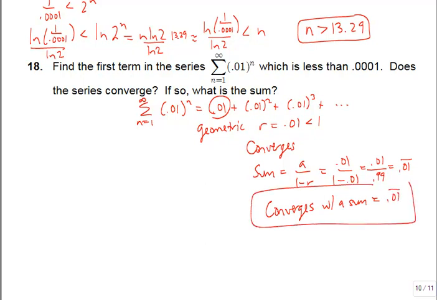Now let's find our first term in the series that's less than 0.0001. So all you have to do is take that generic a sub n, which is our 0.01 to the n, and we want to find when is that going to be less than 0.0001. You can get fancy, you can take an ln of both sides, bring your power down, divide by your coefficient and solve for n, or you can just pull up your calculator,